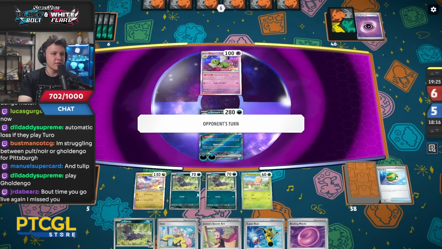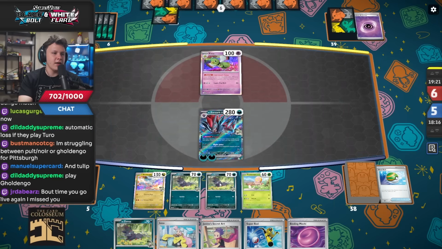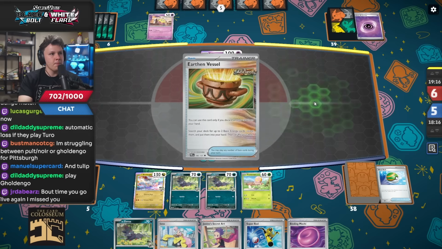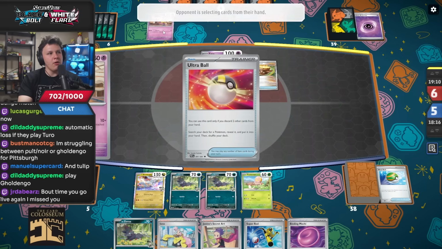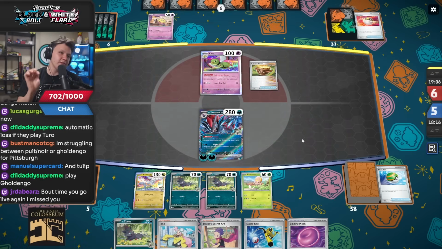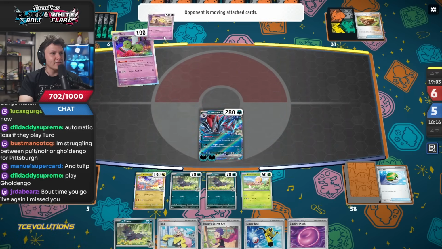Then we can Janine's next turn to the Zoruas. That seems like the best play, or I can just Iono. But I kind of want a Janine's plus trade. Well, actually, Boss KO Flittle would probably also be pretty good. I just don't feel like I have time to use TM Evo. I feel like I have to be aggressive here, because once this guy gets set up, it's going to be so...